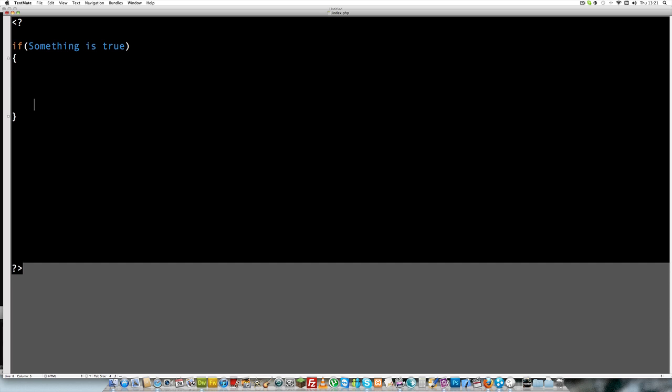We're going to be talking about if statements. So what is an if statement? An if statement is used to say, for example, if something is true, then it's going to execute